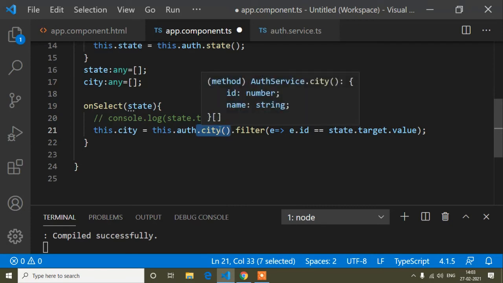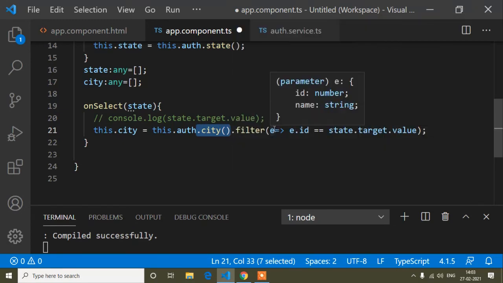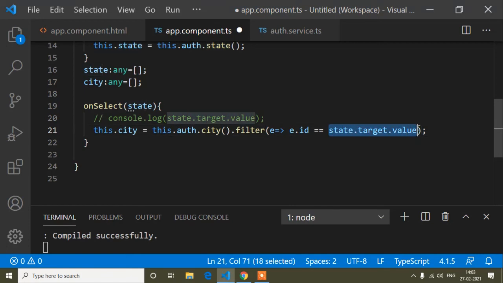You can see here in the city method, there are id and name. When I hover on e, you can see the parameter e in the pop-up. The id and name are strings, two properties coming, and I'm choosing just id. So e.id should match our state.target.value.